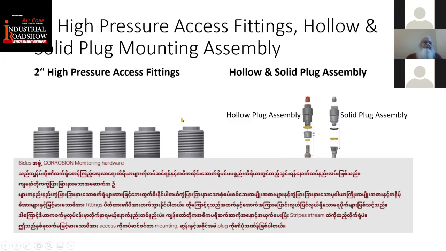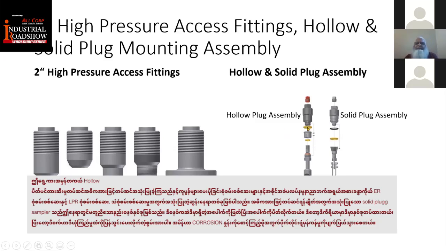This is the shape of the 2-inch high pressure access fittings, the hollow and solid plug mounting assemblies. These are the 2-inch high pressure fittings. They are designed for different welding types, but they are mainly in the same pressure rating, regardless of what they look like and how they are designed at the bottom for welding purposes. These are the actual hollow plug assemblies and the solid plug assemblies. The hollow plugs are used for the ER probes, LPR probes, and sand probes. The solid plug assembly is used mainly for the